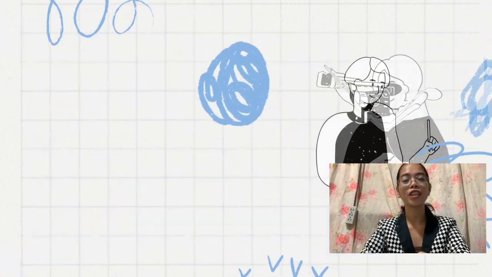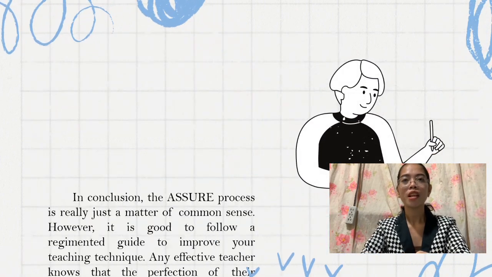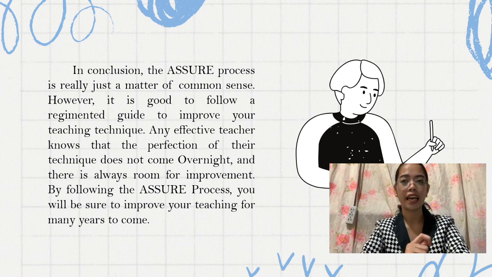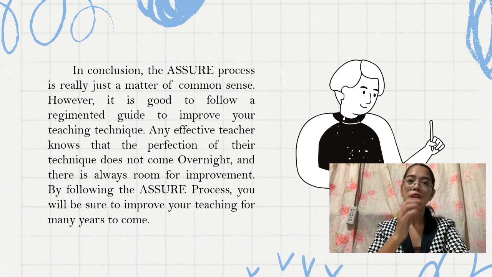Okay, so in conclusion, the Assure process is really just a matter of common sense. However, it is good to follow a regimented guide to improve your teaching technique. Any effective teacher knows that the perfection of their technique does not come overnight, and there is always room for improvement. By following the Assure model, you'll be sure to improve your teaching for years. So,